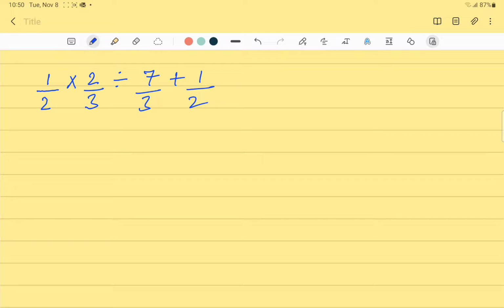But before we move to the solution, let us briefly understand what BODMAS is. Actually, the word BODMAS is a collection of 6 words. It is an abbreviation of 6 words. Let us write down those 6 words. BODMAS. B stands for